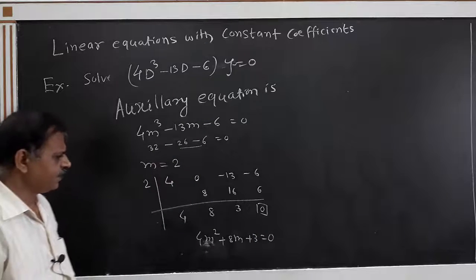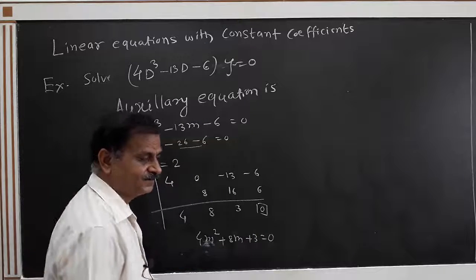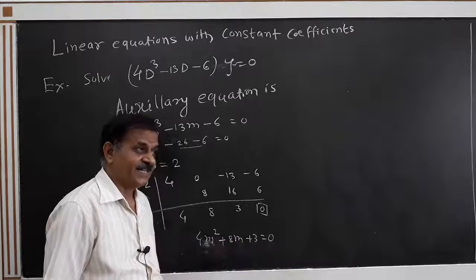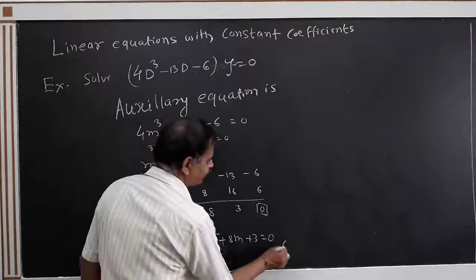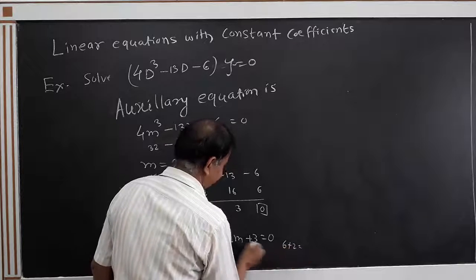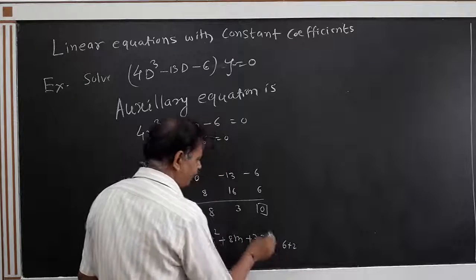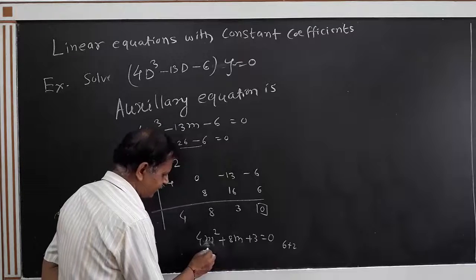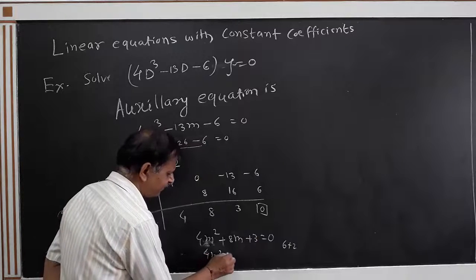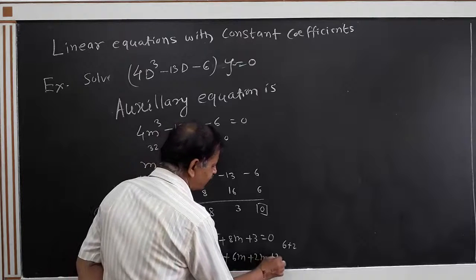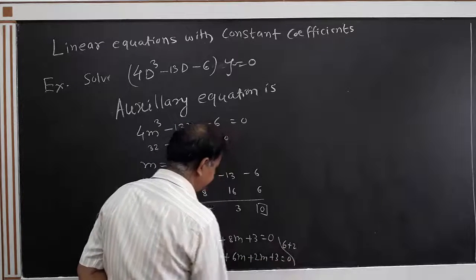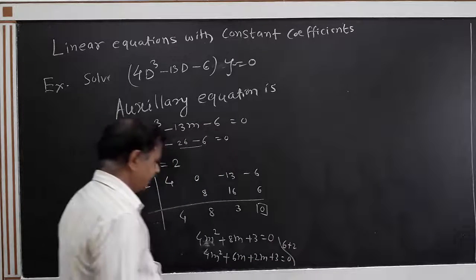Now 4 into 3 equal to 12, and factors of 12 are 6 into 2, such that 6 plus 2 equal to 8, the middle term. Therefore, I shall write this as 4m square plus 6m plus 2m plus 3 equal to 0. And therefore,